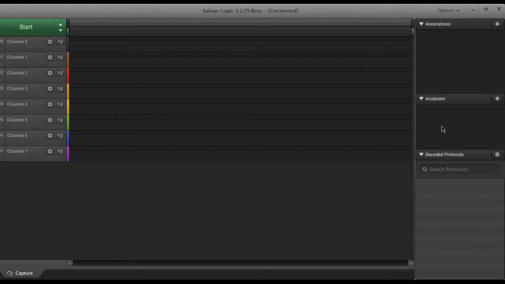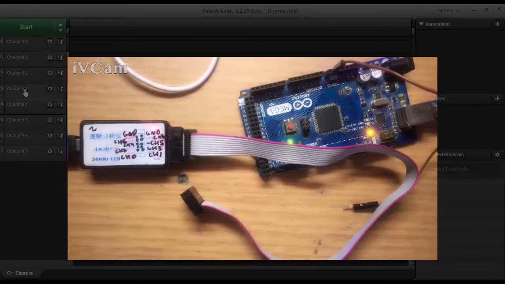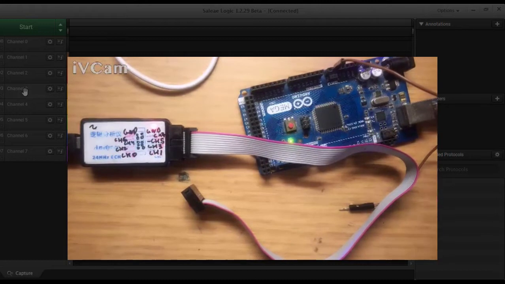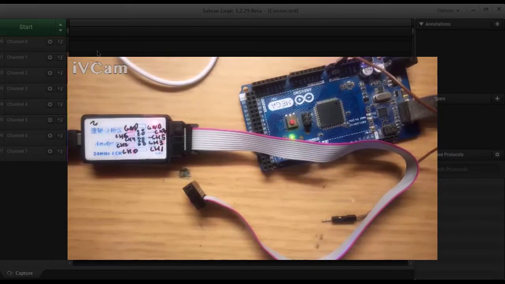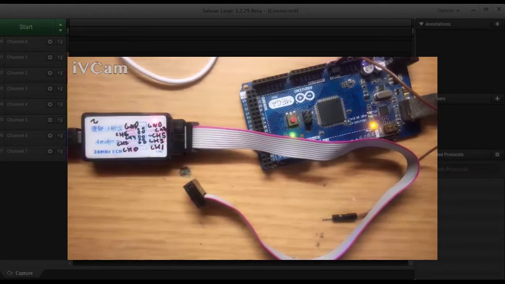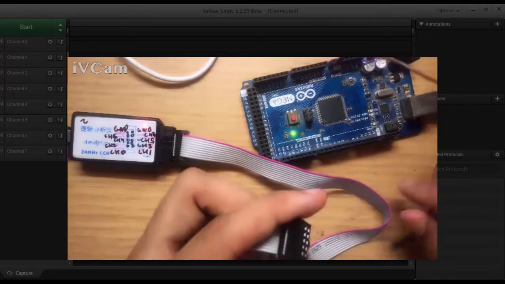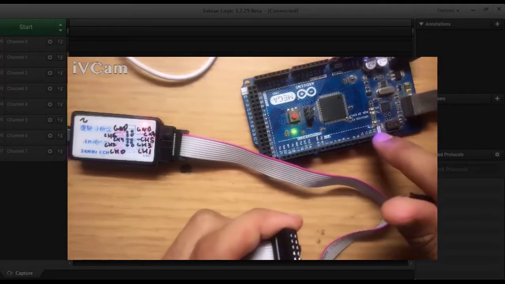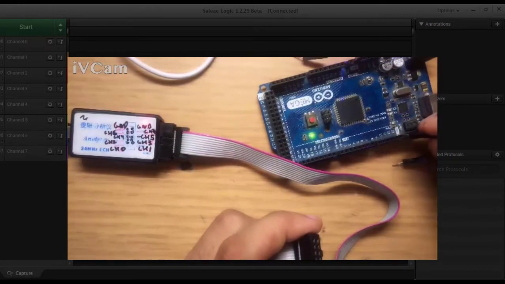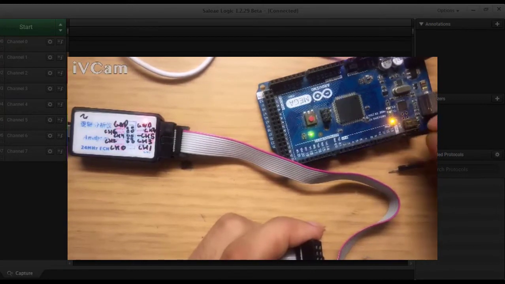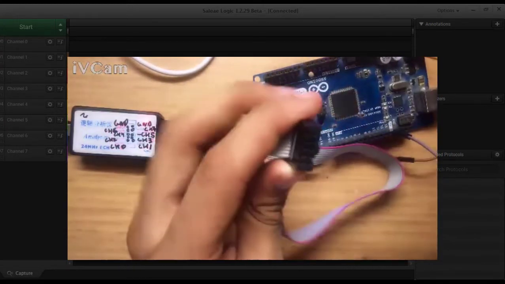Now I will explain these windows and what role they play by showing you examples and by sampling digital signals. First, in my Arduino Mega, as you can see in the frame here, my LED is blinking. I have uploaded the blink LED sketch. Now I am going to connect one of my analyzer channels to my pin 13, which is my blinking LED, so let me connect pin 13, among pins 8, 9, 10, 11, 12, 13, to one of my analyzer pins.